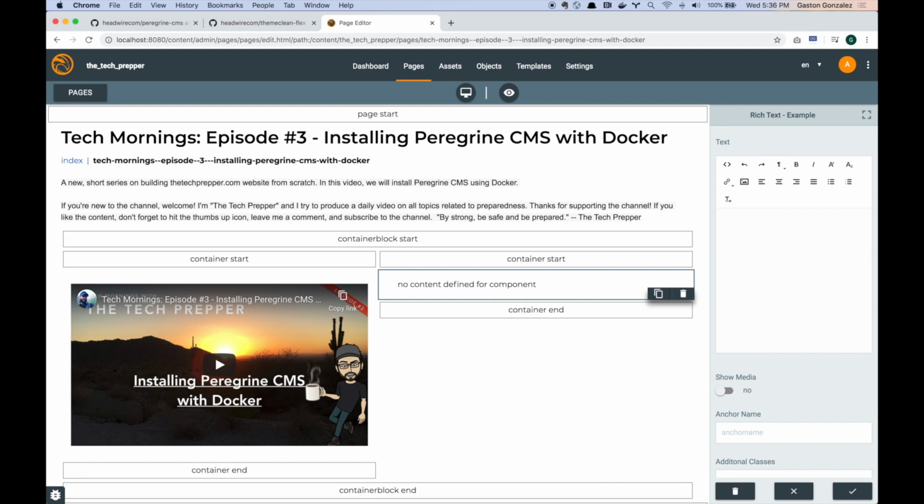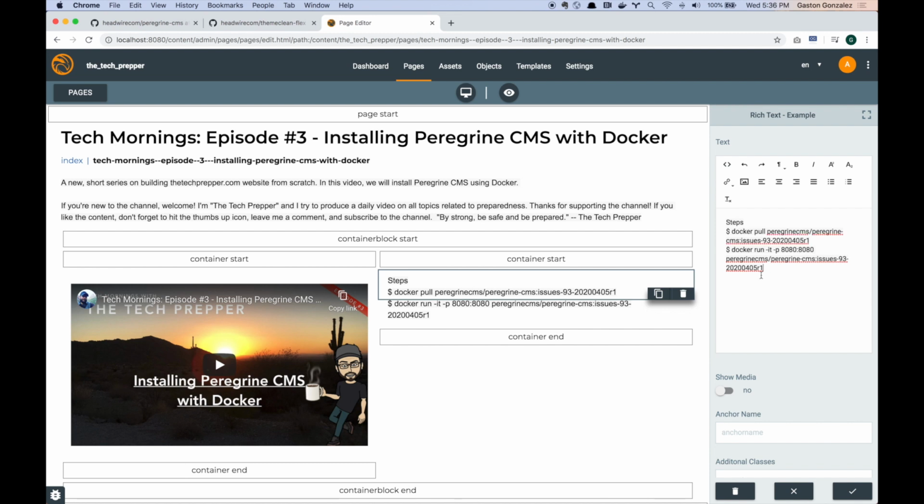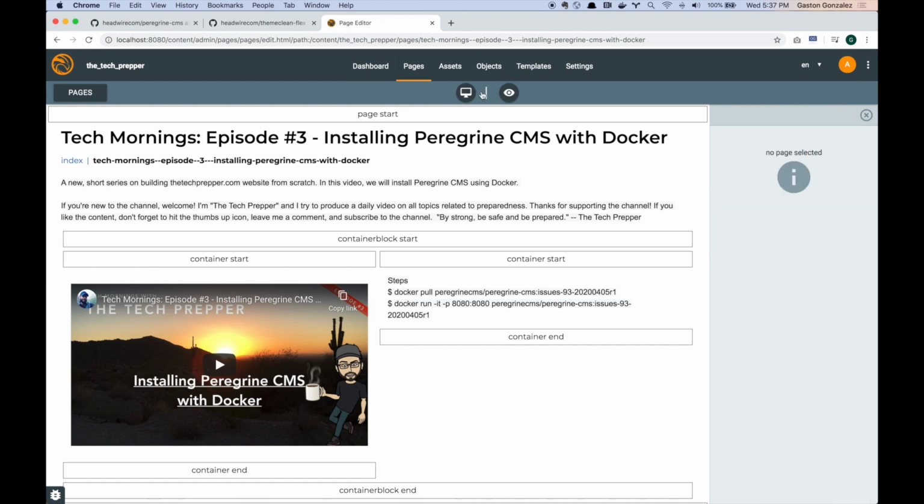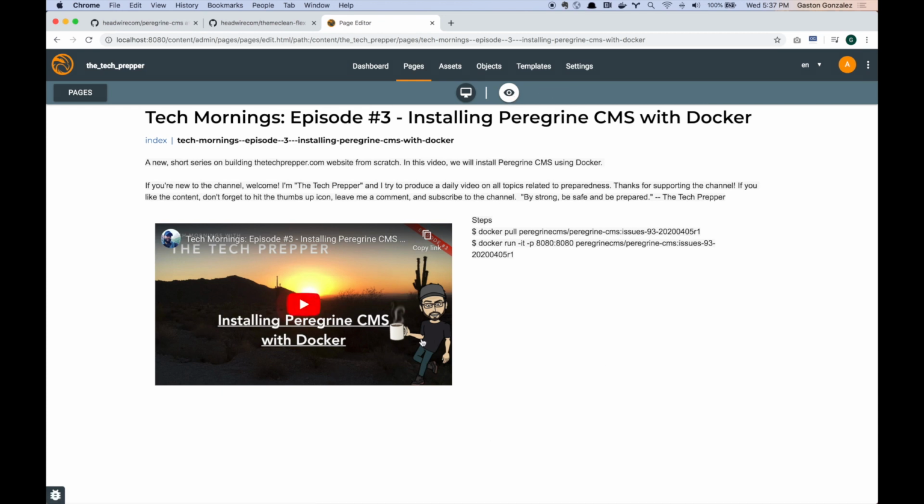And I'm going to add some more copy here. And I think for this run, all I'm going to do is put the steps. And there's some formatting issues because I am pulling this out of some notes on top, so there should be some odd font backgrounds that are happening here. But in general, if we go ahead now and preview this, we actually have a fairly decent looking page,